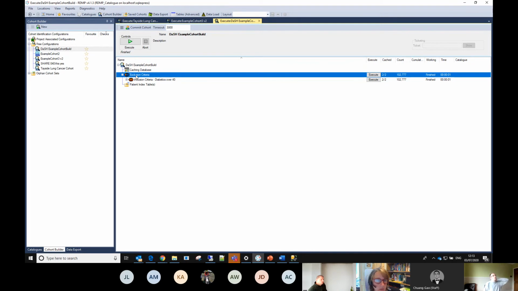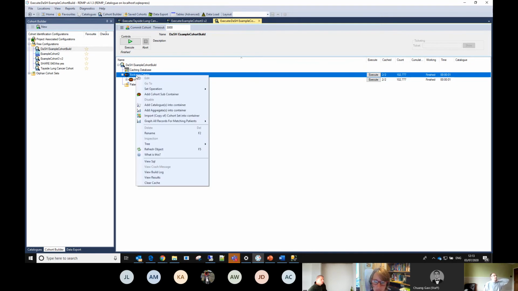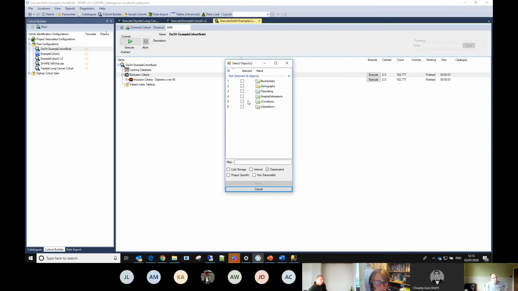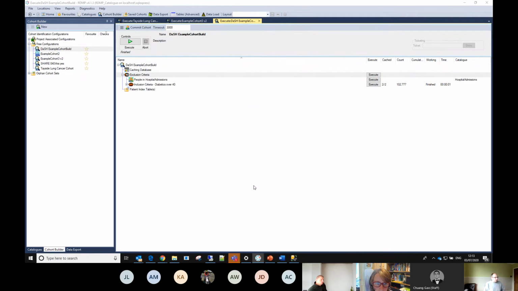Let's say we want to exclude some people. So let's right click and add a catalogue into the exclusion, and let's exclude some hospital admissions. The first thing I'm going to mention is that I've just added something to an accept container, and if you take anything at all from the presentation from earlier, order is the thing you need to take from it.